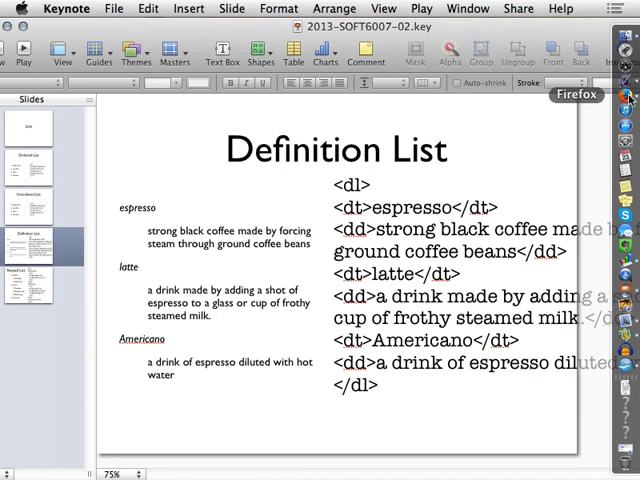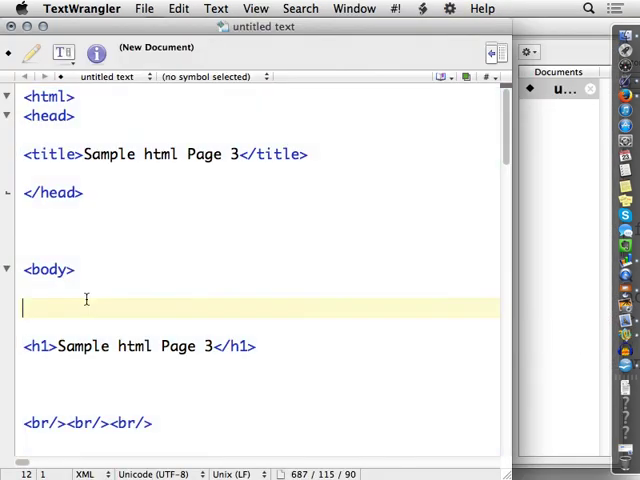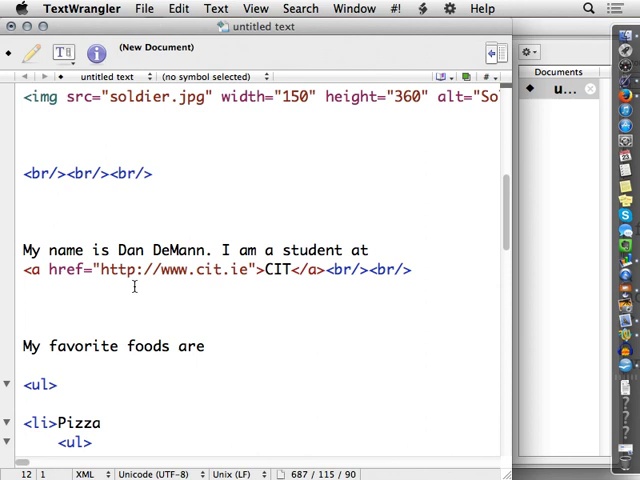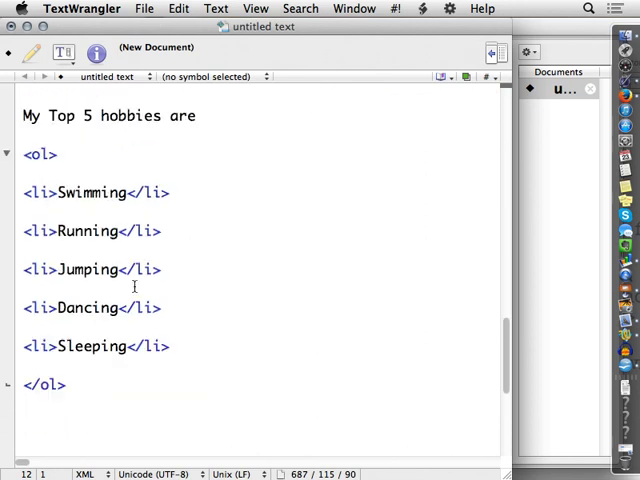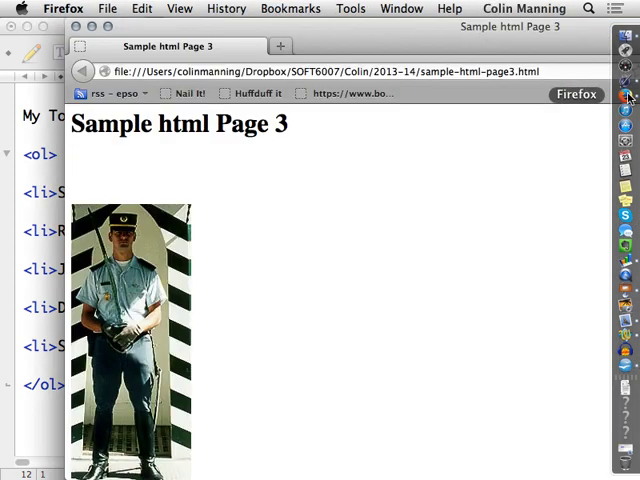Just going to look at a page here. It's a page we've already seen. This is a page that had the image in it. And here we have "my top 5 hobbies are", and it's an ordered list, and it says swimming, running, jumping, dancing, and sleeping. And if we look at the page,